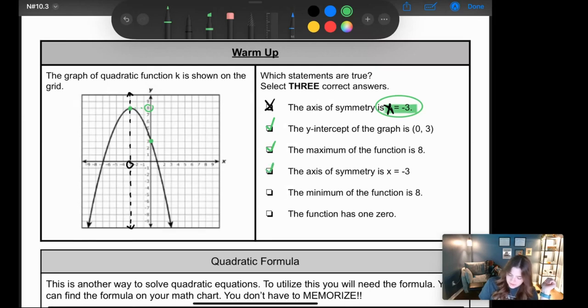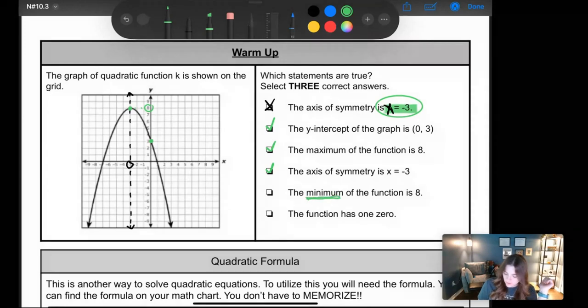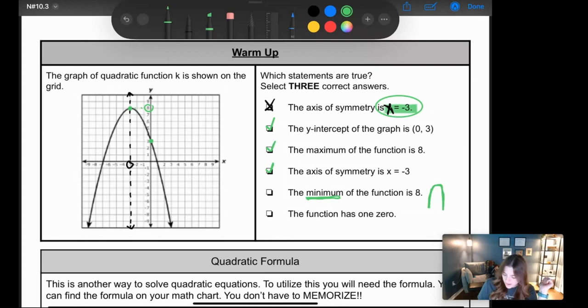Perfect, but let's double check these last 2 just to make sure. There is no minimum because our graph is going this way, right? We have a maximum. And the function has 1, 0. Remember, 0 is where it crosses the x-axis, and you have 1 and 2. So that is not it. And those are your 3 correct answers. So if you see something like this on your test this week, try to go over some of these key